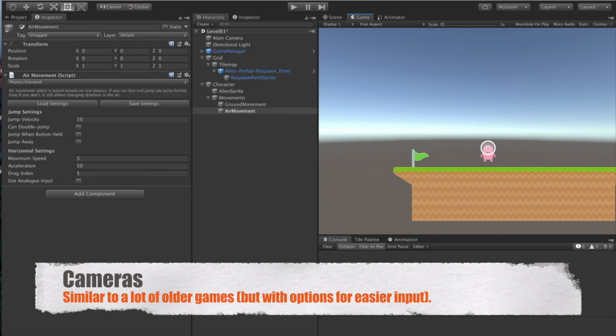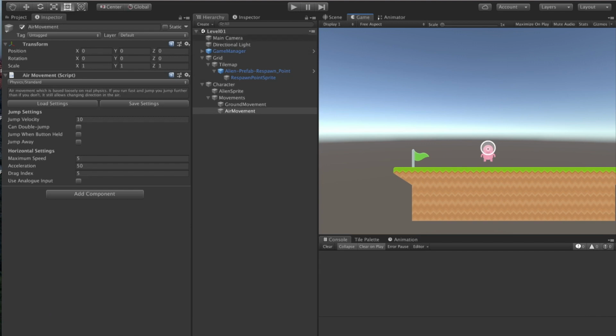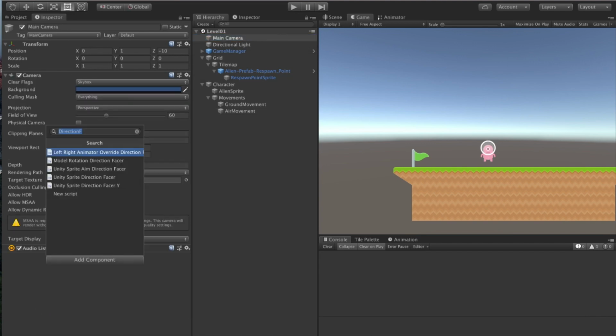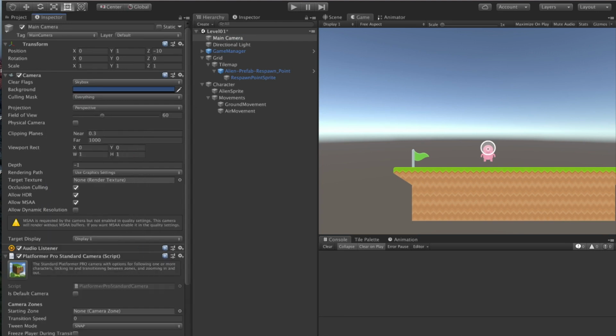Let's set up our camera. There's a component called Platformer Pro Standard Camera, which enables the camera to follow the character with various settings. It also allows camera zones to be defined so that the camera won't move beyond the boundaries of a level.